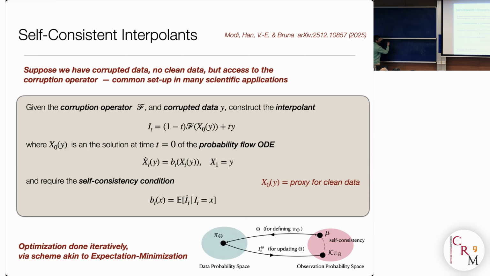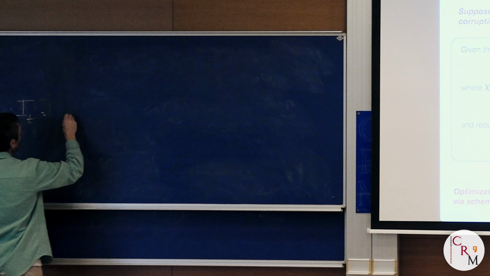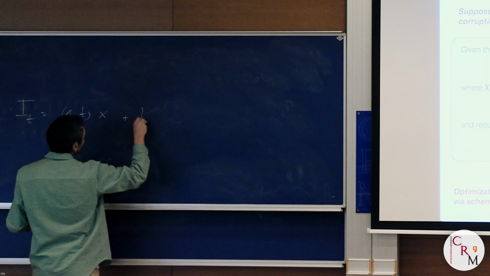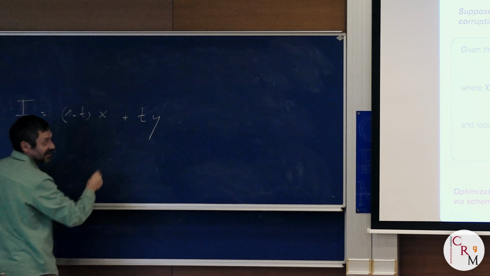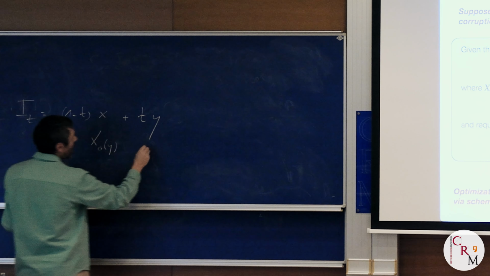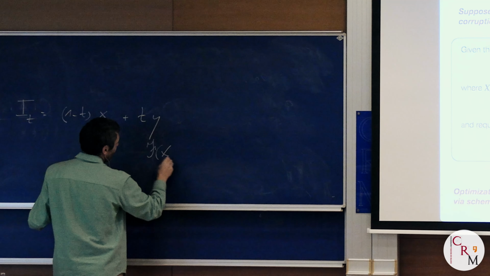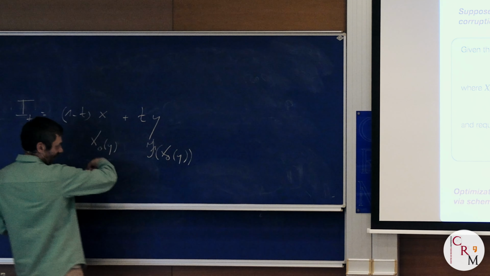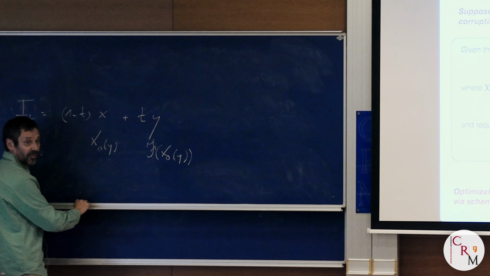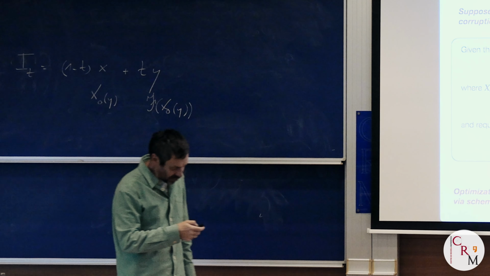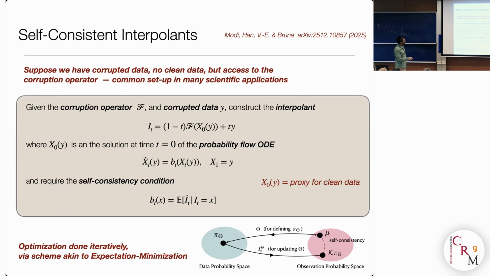Sorry about this. So you take I of t, right? And so what you would want to do really is that this is clean and this is corrupted. And then what you say is that for this, you take the result of the map, and for this, you take the result of the map that cleans the data passed to the corruption operator. So that's what I should have written there. My apologies.